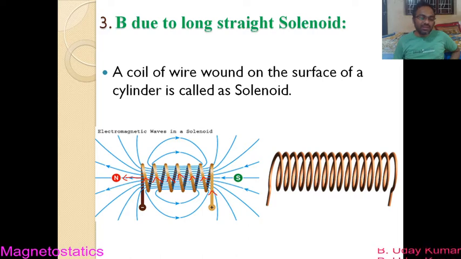Okay, since the lines of the magnetic field are coming out of this solenoid from this end, this face of the solenoid acts as the north pole of the magnet, and whatever magnetic lines are coming out of this face, they travel all the way and enter this face, right? And this face acts as the south pole now.